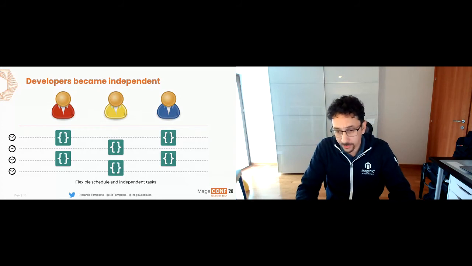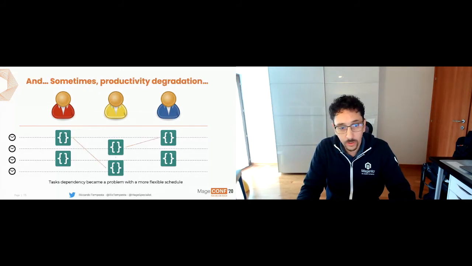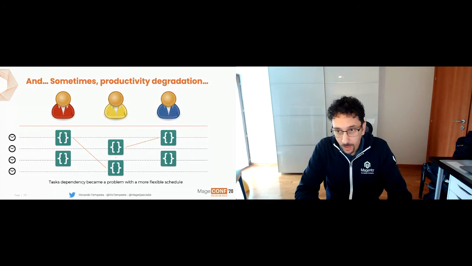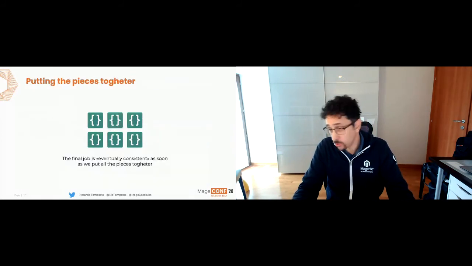But of course, if you have this approach, your main problem is the connection between tasks. I mean, sometimes you have dependent tasks. You must finish a task before you can start another one. This is the main problem that can actually lead to a productivity degradation at the very beginning. But at the end, when you put the pieces together, your work is becoming eventually consistent. At the very end, you have everything in place, you have all the tasks done, and you can